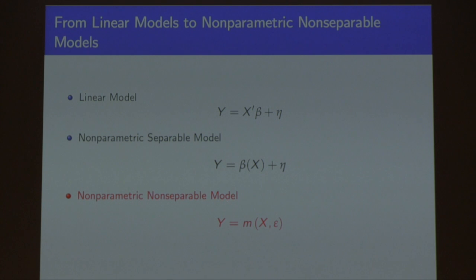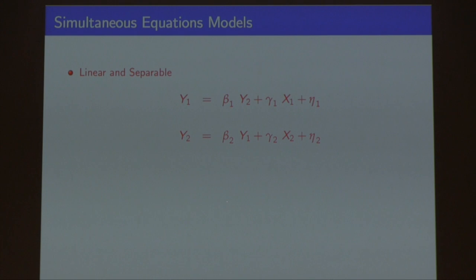Okay, so we have this function. As you can see, this simple model, where we just put them together and use the assumption that productivity increases output for a fixed x, allows you to say a lot about epsilon. So looking at two workers and their output, I can say who has more unobserved productivity than the other one. So this is a very basic model that has been studied.